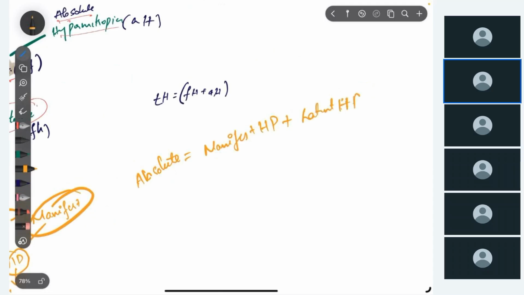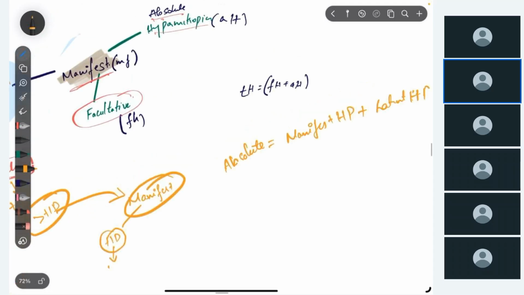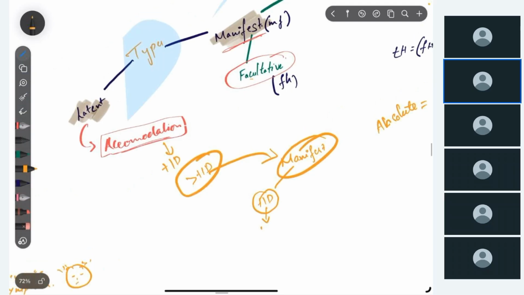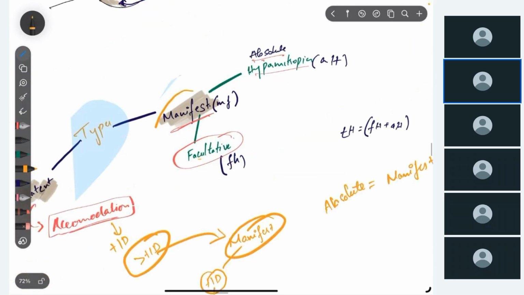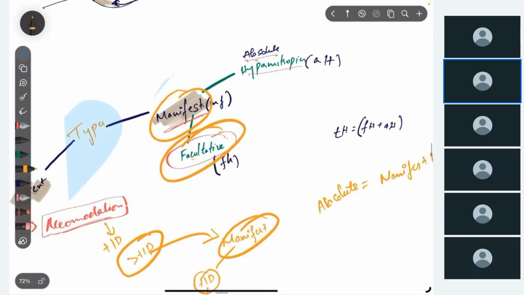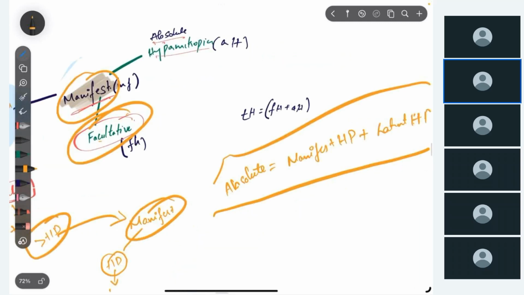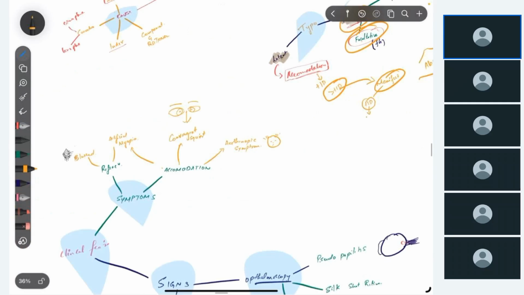Did you understand? This facultative hypermetropia is nothing but the latent hypermetropia itself. When the power increases too much and the eye is unable to accommodate that power, then you will have manifestation. This manifestation plus the latent hypermetropia is the absolute power of the eye. Did you understand? And next, we'll see